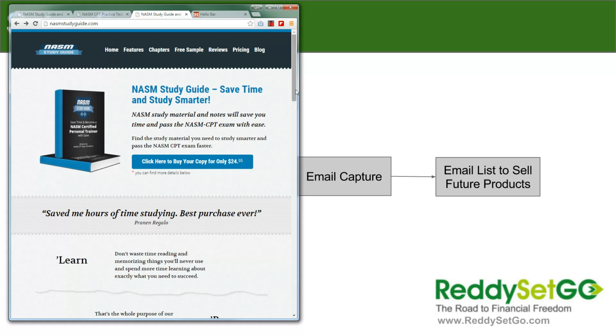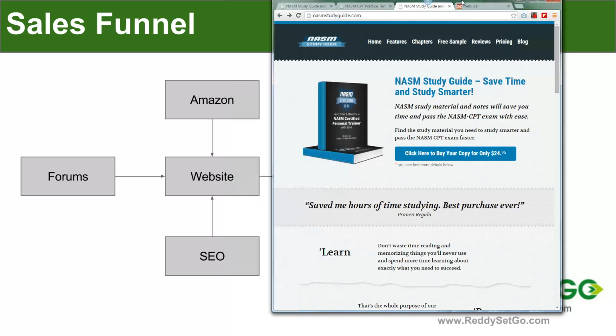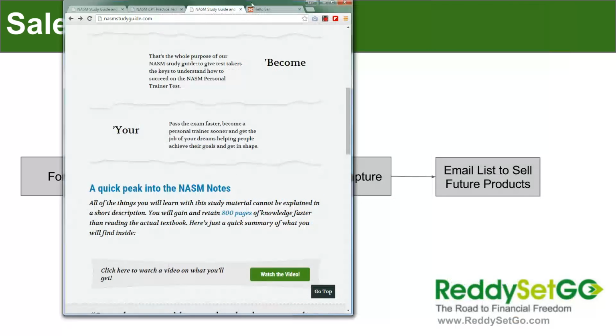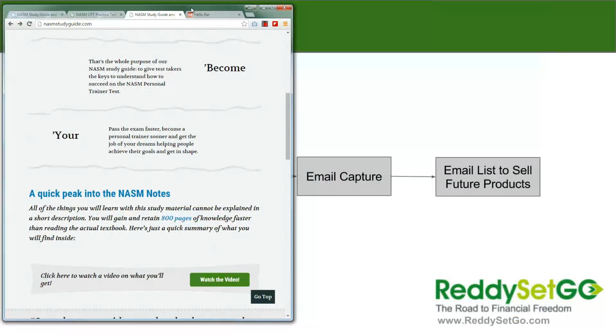So from the website, if someone purchases through Amazon, we don't really get any customer information. They're not our customer, they're Amazon's customer. So we don't get the person's email address, or we can't contact those customers or anything like that. However, if you